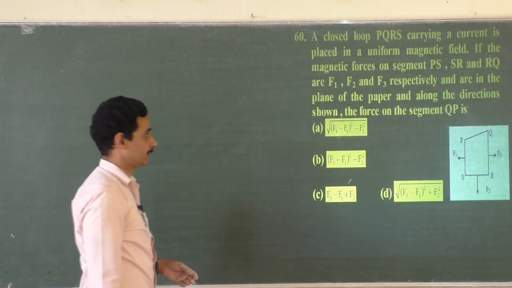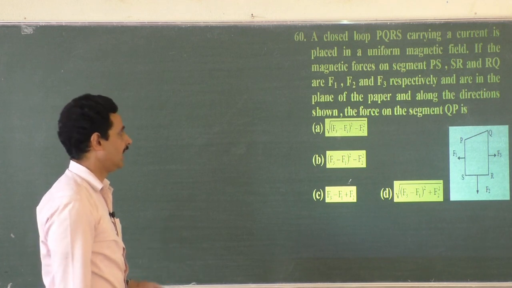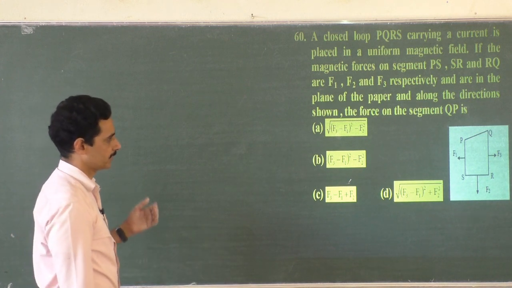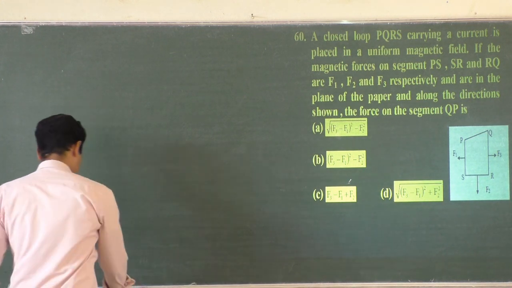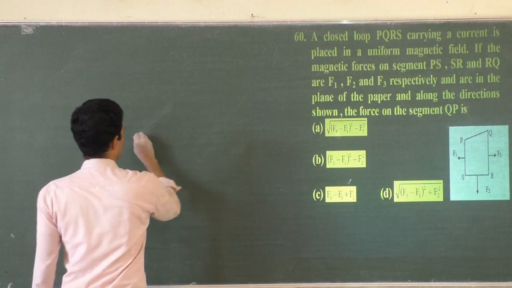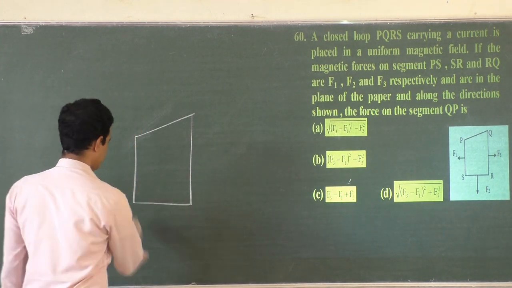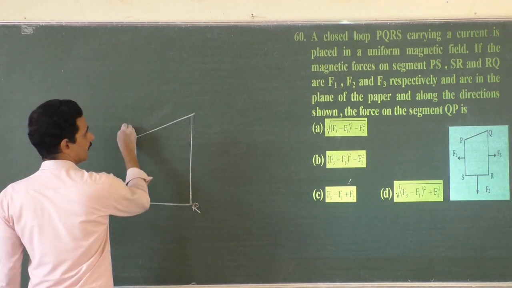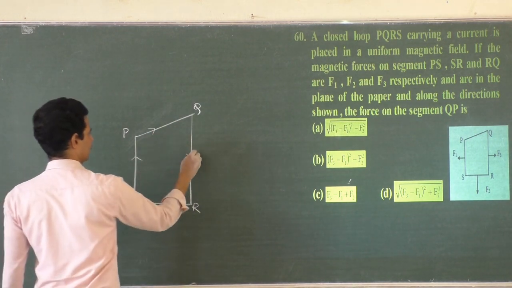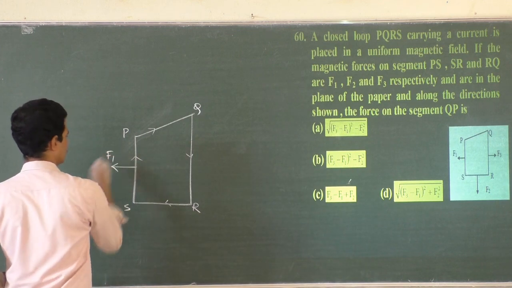If the magnetic forces on the segments PS, SR and RQ are F1, F2, F3 respectively, and are in the plane of the paper and along the directions as shown, the force on the segment QP is... Question is like this. Imagine that the magnetic field is perpendicular to the plane of the board and the conductor is kept like this, with SR and this is PQ. Say the current is somewhat like this and the magnetic field is applied such that force on this is F1